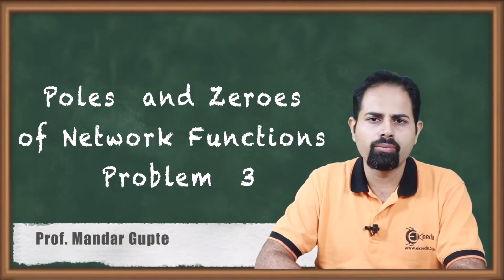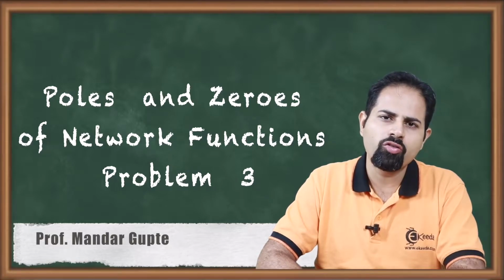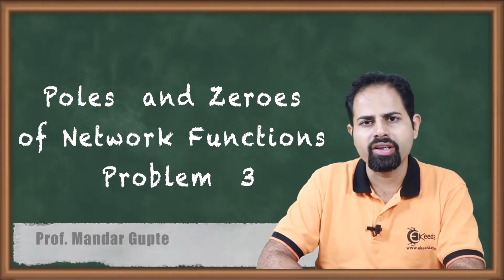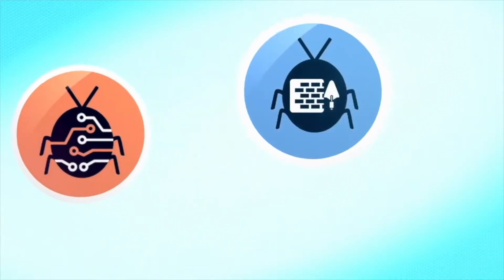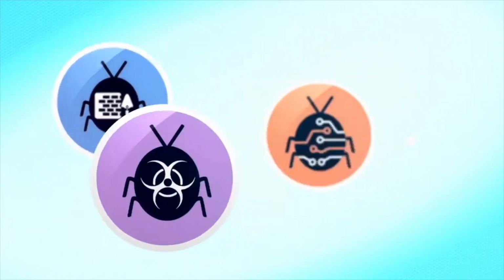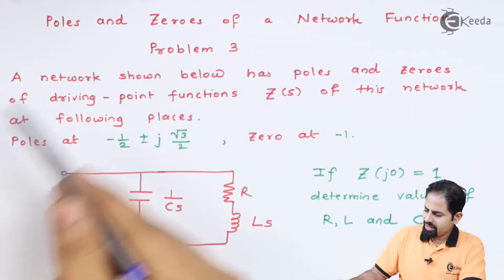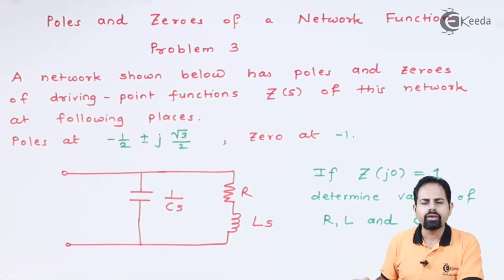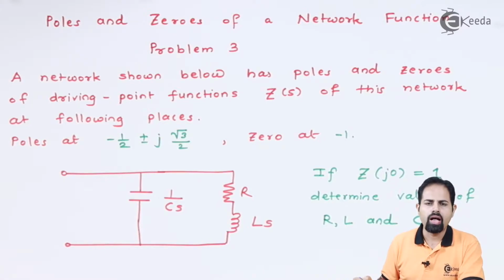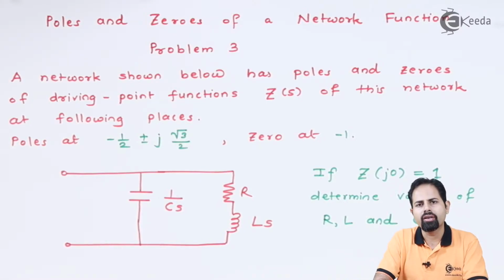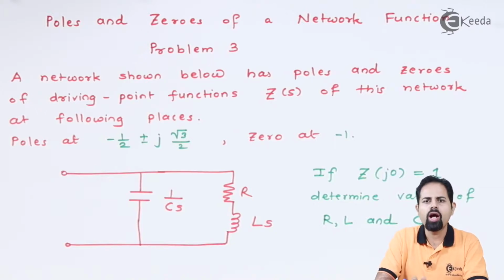Today we will see problem number 3 on poles and zeros of network functions. So let us see what it is. You can see this problem, it is a little bit of a reverse type of problem. Earlier we used to find poles and zeros and plot them. In this problem, we have been provided with poles and zeros and we have to get the network function as well